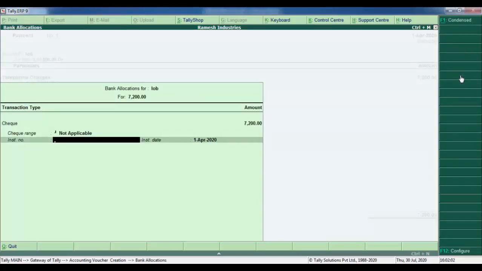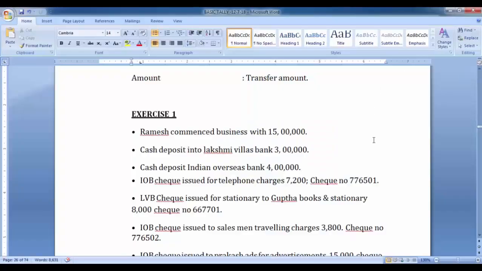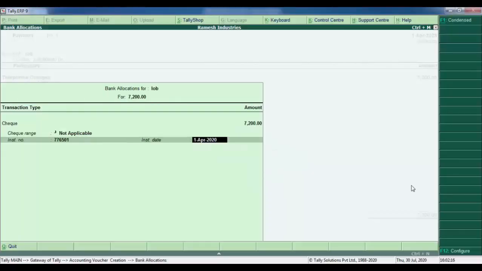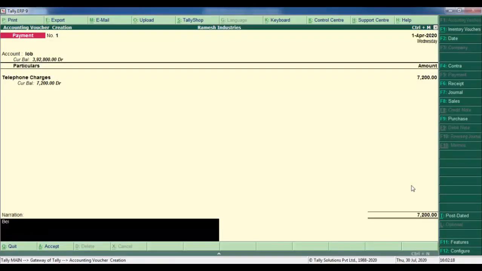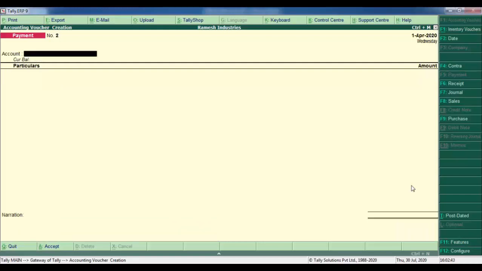Here inst number means instrument number, that is the check number. What is the check number? 776501. The check number is 776501. Enter. After that, being issued check. Enter.